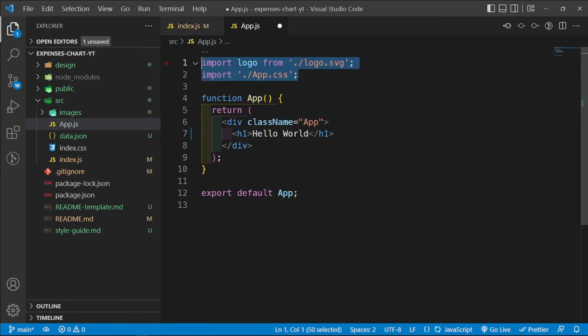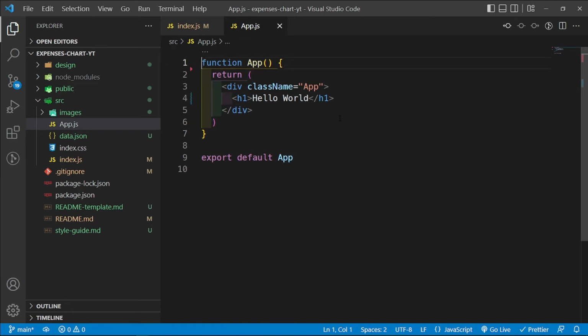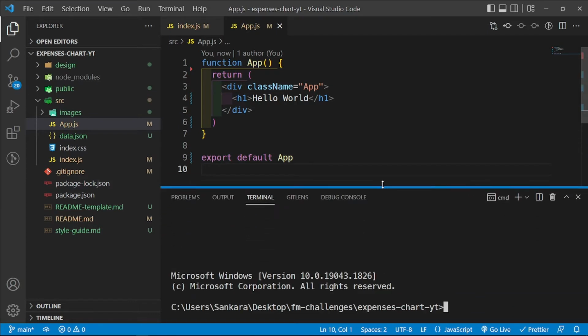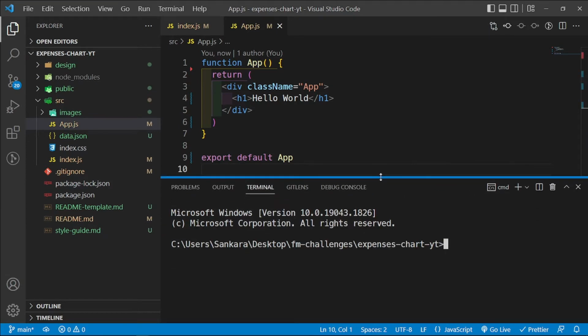And then let's remove these two because these files no longer exist. And then before we can begin, I just want to install Tailwind CSS, and then I also want to install another package called react-chartjs-2, which is going to help us to draw our bar chart. So let me start by saying npm install